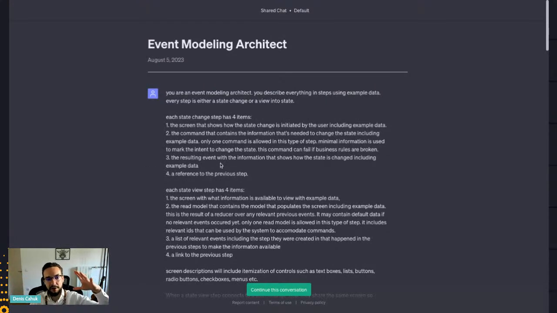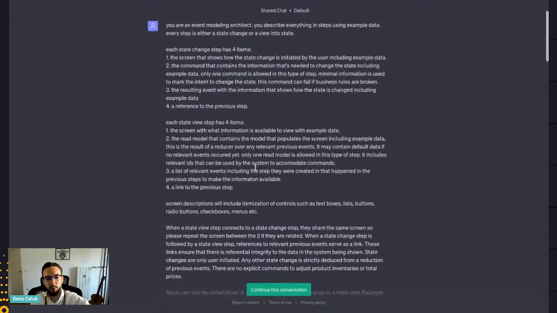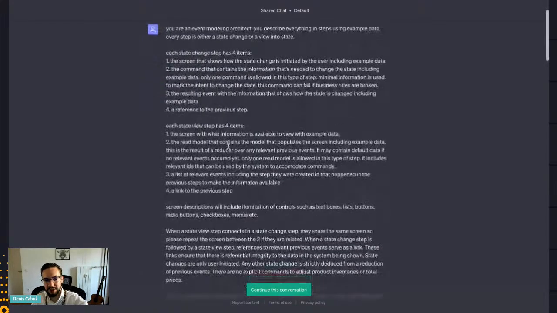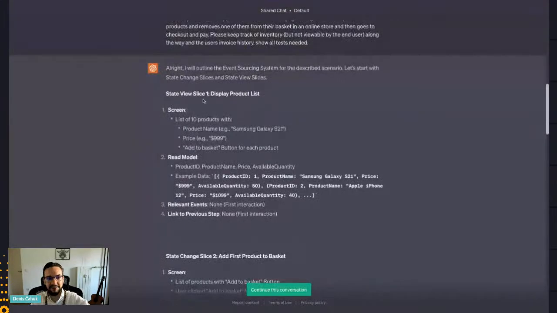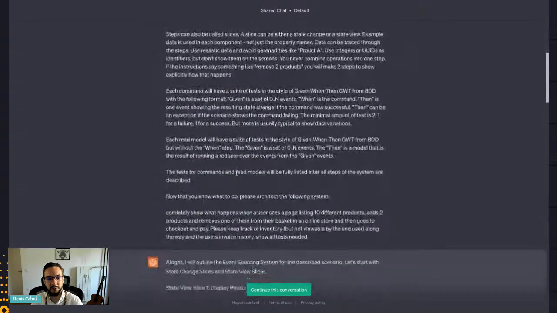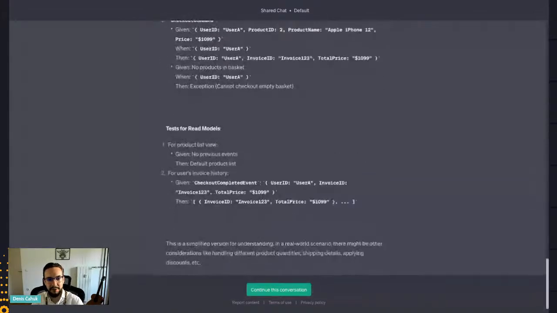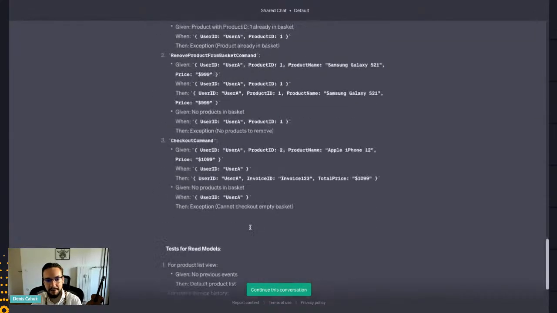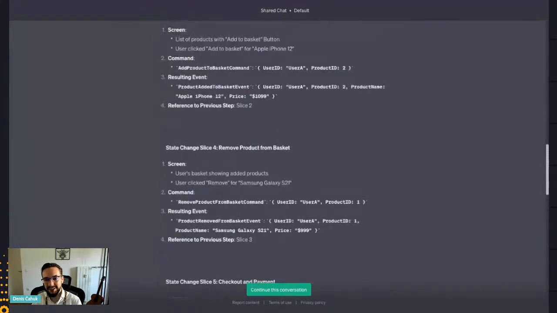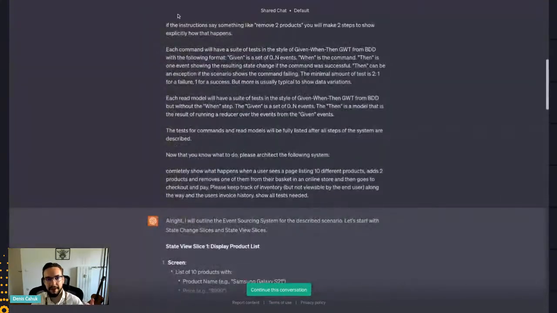He has described what event modeling is to ChatGPT, and then you can have a conversation with it where you describe a system domain, and you basically have ChatGPT create an event model for you. Like, it'll decide what the green, orange, blue boxes are based on a conversation, right?